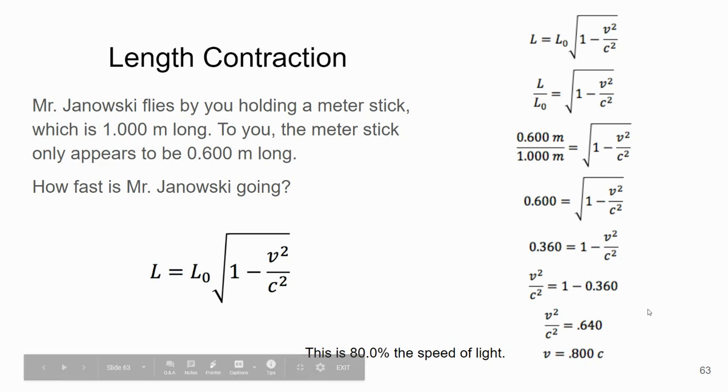And again, let me point this out. When you're doing the relativity problems and you're asked for a velocity, you typically want to give the velocity as some fraction of the speed of light. So 0.800 c, that's perfectly acceptable. You don't even need to switch it to 80% the speed of light. I just did that because it's a little easier to understand the idea there. But one thing you really don't have to do unless specified is actually turn it into a velocity in meters per second. You rarely need to do that when you're doing these problems.